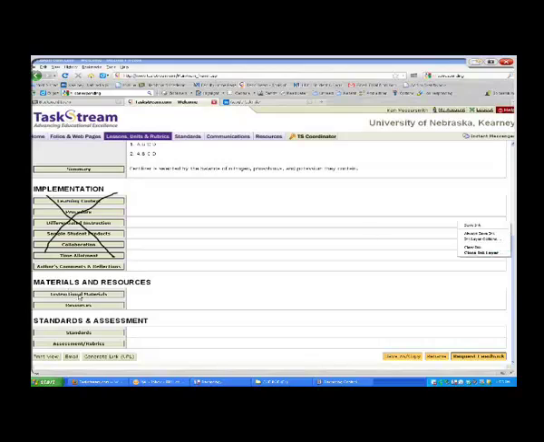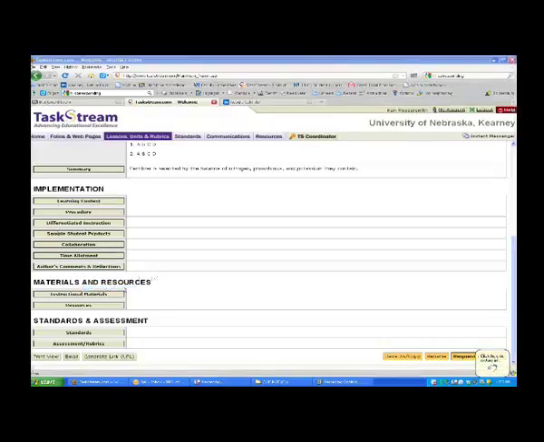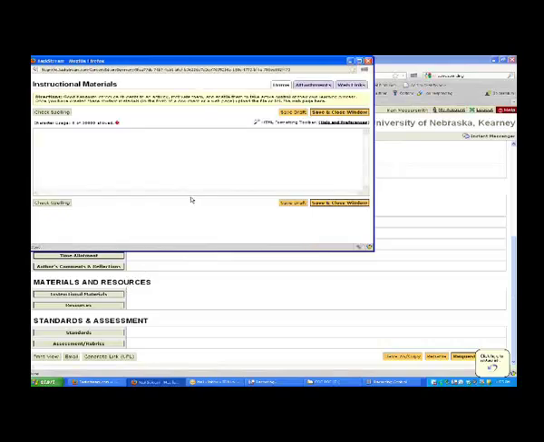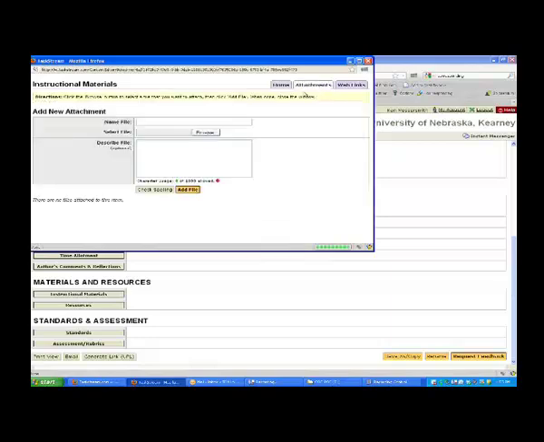Under instructional materials, this is where we're going to attach our lesson materials that we create using the other tool that we've selected, the Smartboard, Inspiration Software, PowerPoint, or whatever we've selected this time. So we're going to create our materials in that tool, and then we're going to open up the instructional materials window. We're going to go to the attachment area, and then we'll browse and attach it just like we were attaching it as an attachment to an email, or attaching it to Blackboard, or you've probably all done those things,